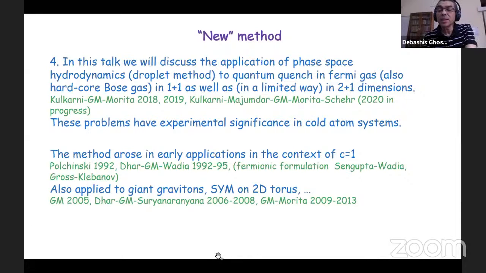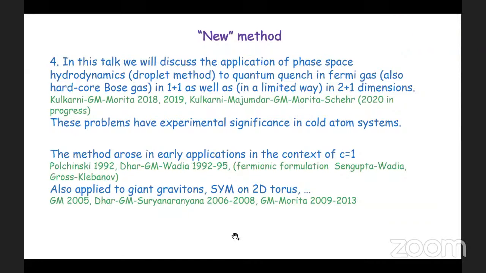And Shiraz has a question. Shiraz, could you please make it quick? Sure. Just vaguely along the same lines as Rajesh's question, or maybe just a vague comment. Another place where folds could develop is in fluid gravity. You've got these black branes and they're wiggling around, and that gives hydrodynamics. And if they then developed a fold, that would signal a breakdown of hydrodynamics, going outside the fluid gravity regime.